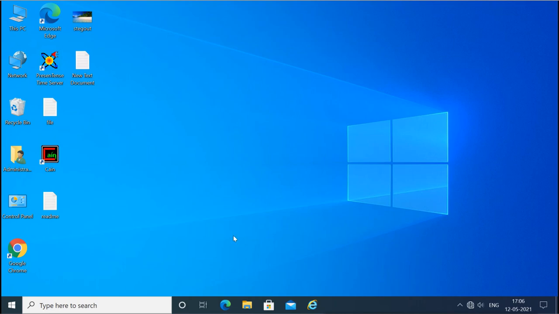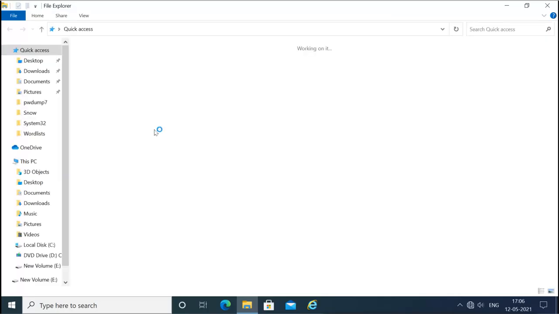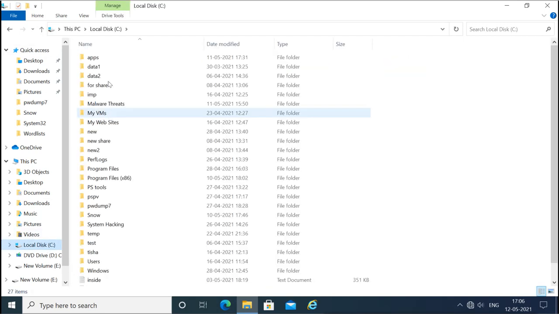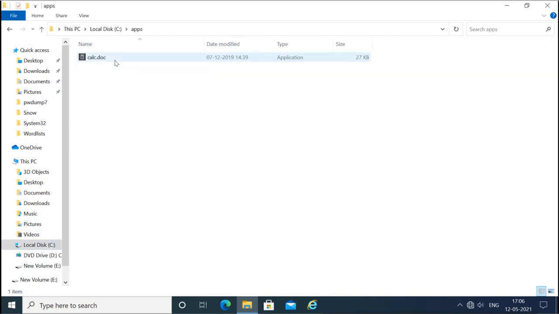For example, I have this file name, it looks like kelsey.doc. You can feel like it is a document file, but it is not a document file, it is actually an exe file. So you can run this file as a document. You feel it is a document file and you execute it, you feel like it is not doing any harm. But because it is an exe file, it is a virus file, it can do a large damage. So what you can do,